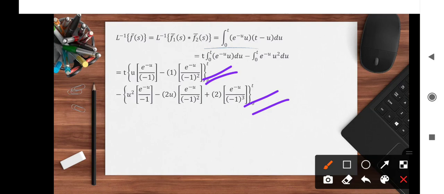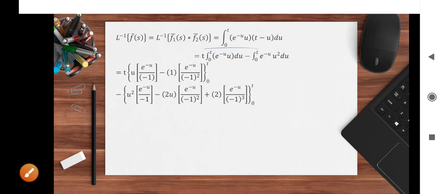Why? Because here we have obtained the derivative as a constant term. So surely the next term will be 0. Remember this: when you apply the generalized rule of integration by parts, you have to stop at the term where you get the derivative of function u as a constant term. Now the only part left is to put the upper limit and lower limit.